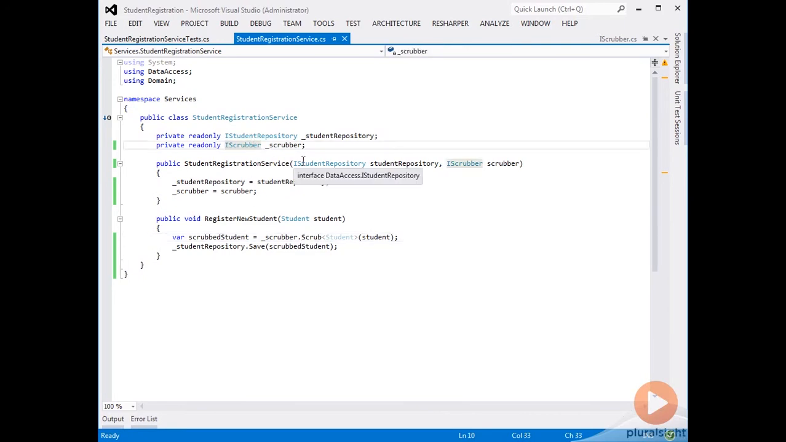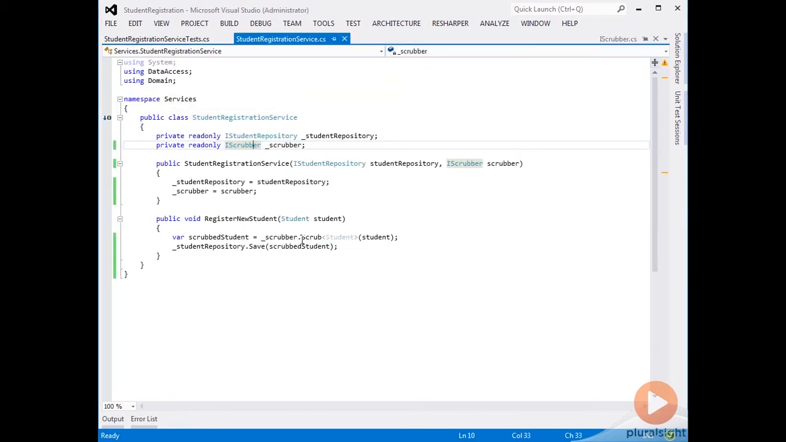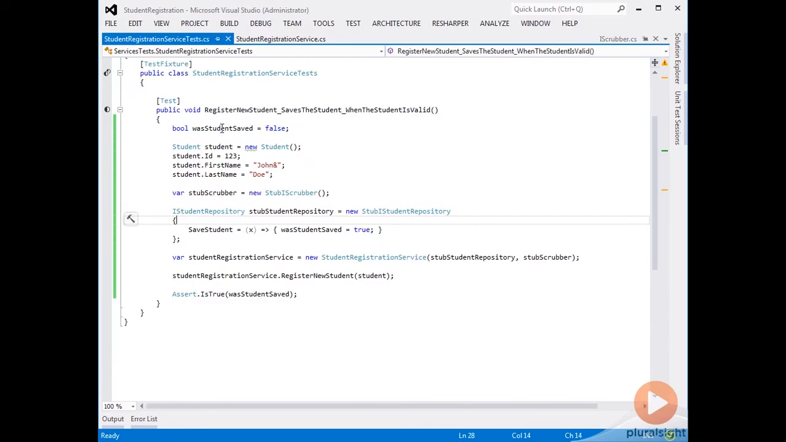If we look at this iScrubber interface, it has a generic scrub method on it. It takes in a data type to scrub and returns the same data type. So in our case, we're going to pass in a student, and we're going to expect a student to be returned back. So when register new student is called, we're going to scrub the student, and the scrubbed student is now what we want to save. If we come over and take a look at the test,